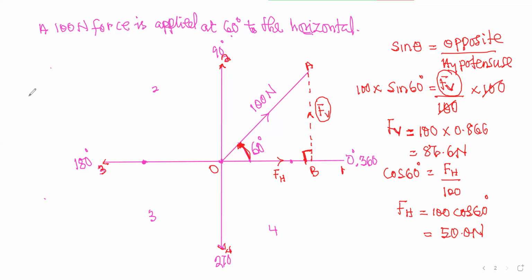So let's clear our board, and let's clear the vertical because we are done with that part. So originally, this is what we have, and we are adding another 80 Newton force. You see, no angle is this time around given.